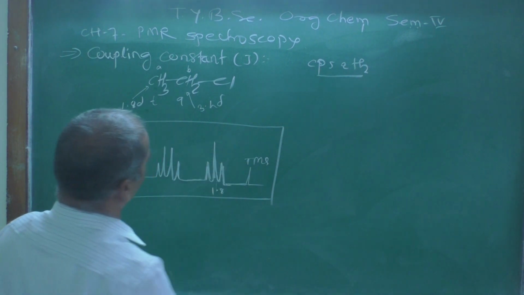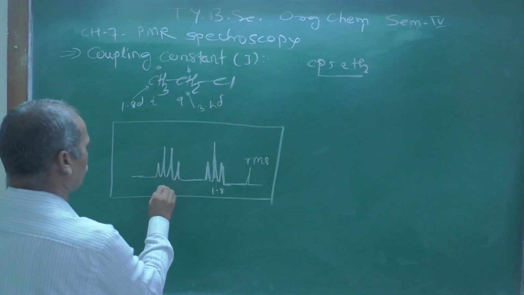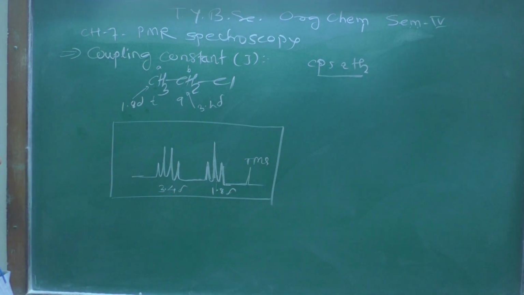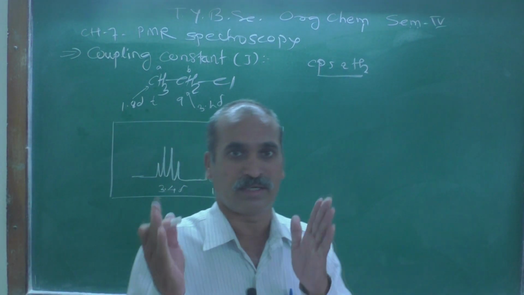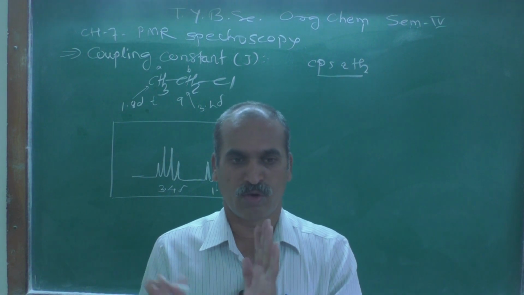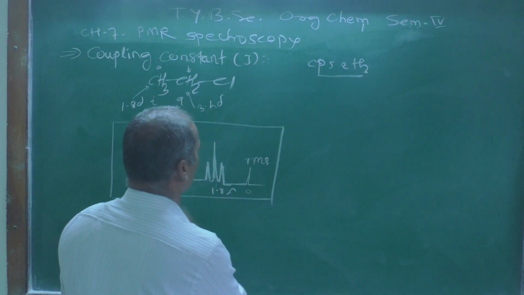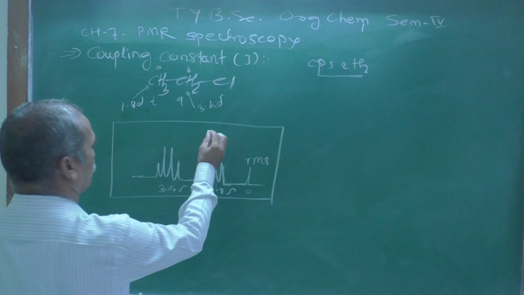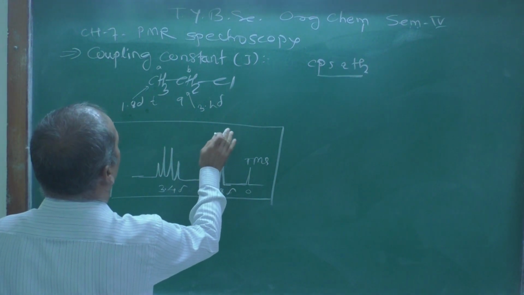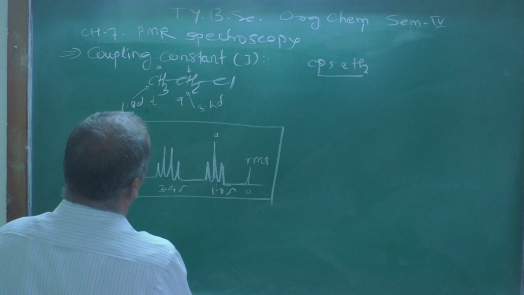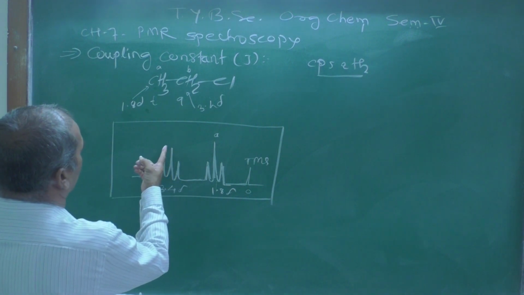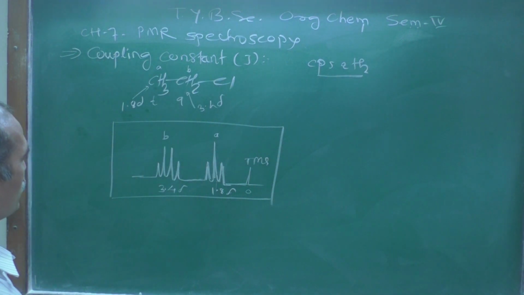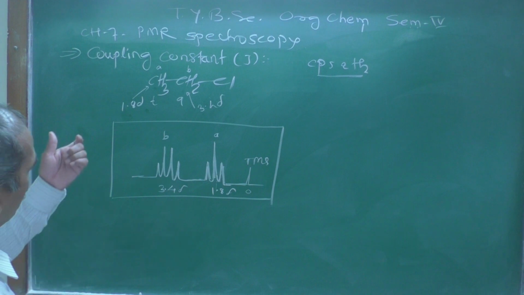See the peak over here. The chemical shift value is 3.4 delta. This is 1.48, and TMS, you know that the delta value of TMS is found to be 0 here, right? Now we look at the coupling. This is the proton A, which is split as a triplet, and this is proton B, which is split as a quartet.